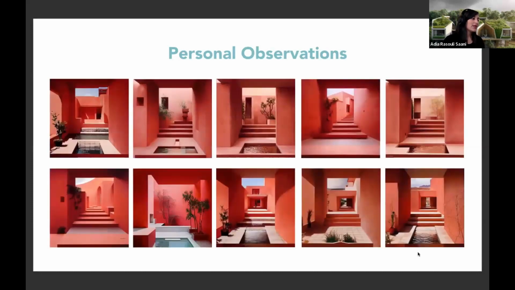This is the courtyard that I first tried and created limitless variations with. I was really amazed by the power of this tool to create so many alternatives and iterations in such a short time. And as you can see, the main characteristics of this space is the same, but there are small changes that would have taken me so much more time to come up with. And that is why I thought it is calculating all the possible solutions for me and helping me choose the best option.